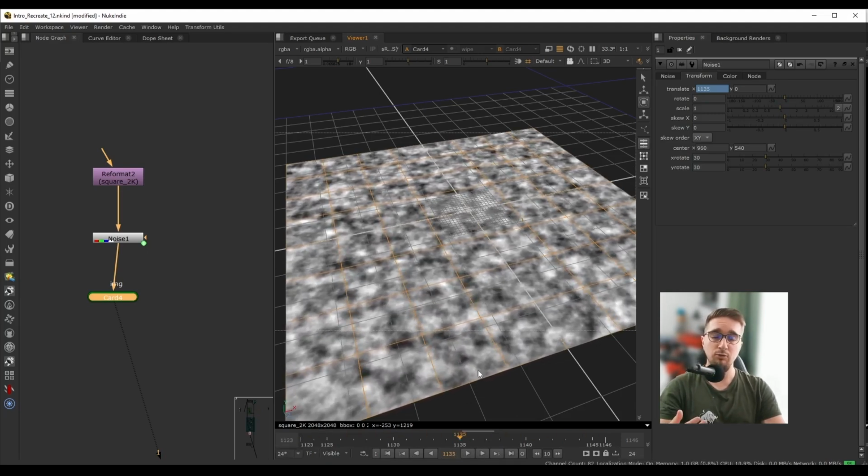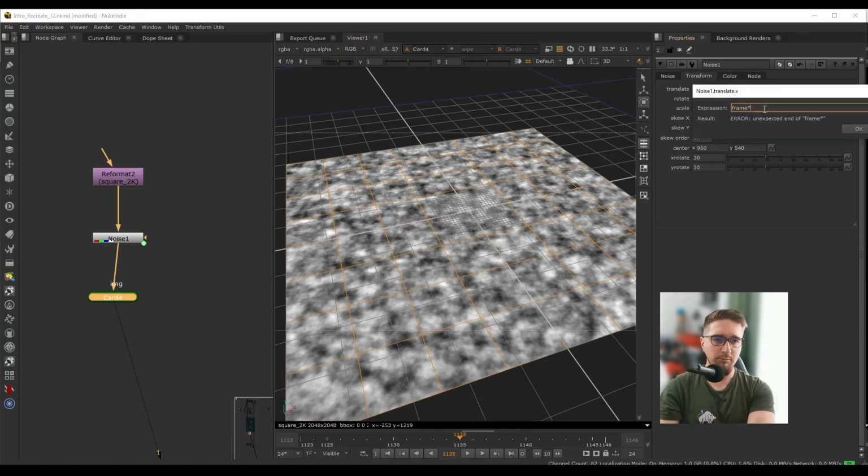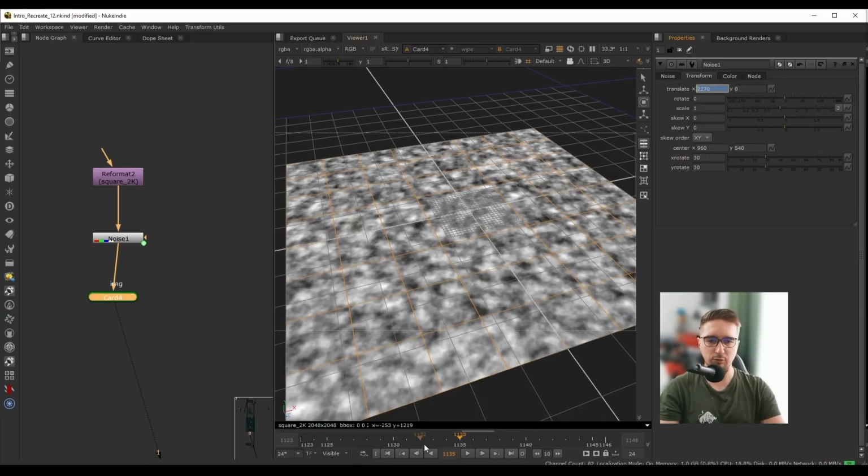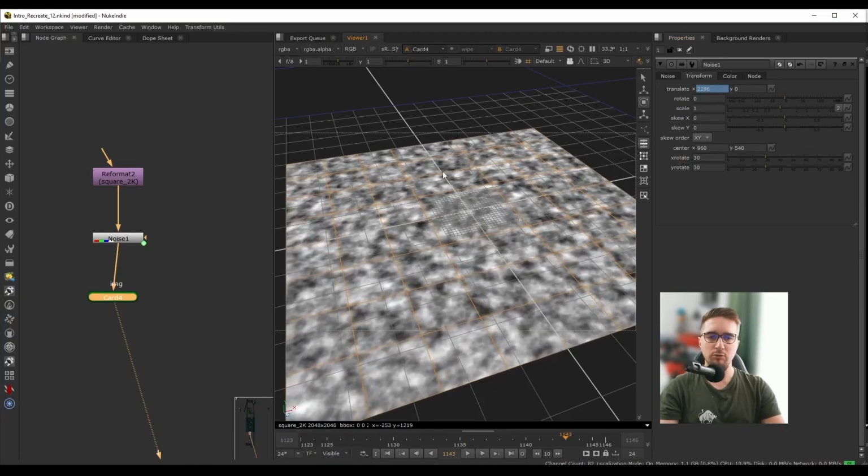So if we want to have this animation move faster, we can go back in our expression here. We can right click, choose edit expression. And if I want to make this twice as fast, I can do multiply 2. So now we essentially doubled the speed. I can hit OK. I can preview this now, and we can see that this is now the animation. And also we are animating the noise in the correct way because, like I said, we want to move from